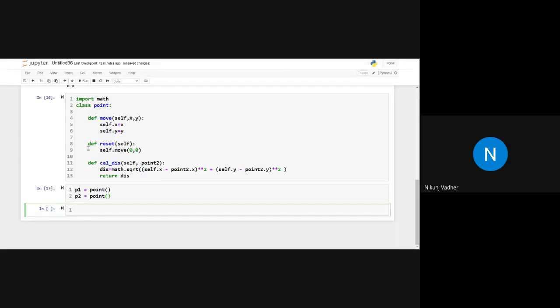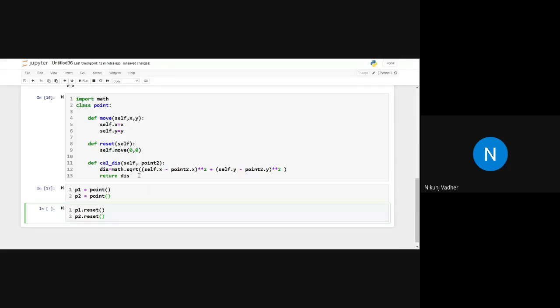After creating the object, we will reset or initialize it. For that you can go with a constructor or with a method, whatever you want to use. So p1 dot reset, similarly p2 dot reset.